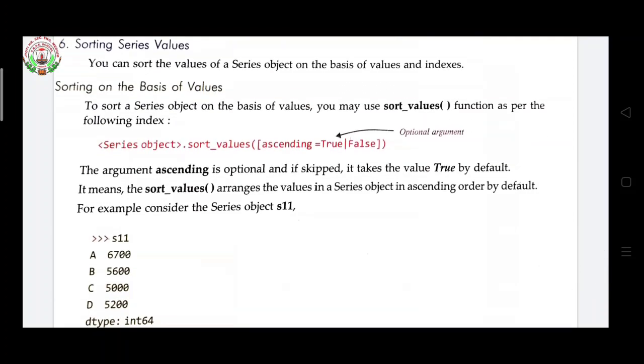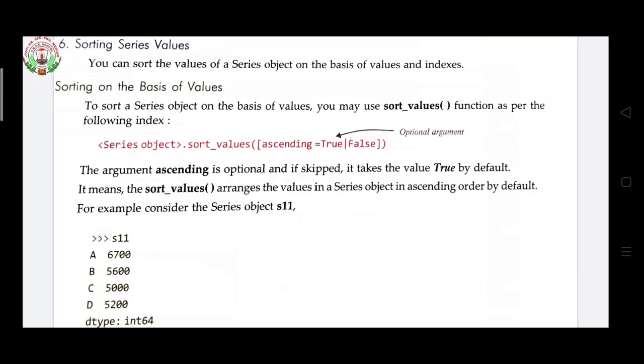Ascending equals True or False is optional, according to the data. Ascending is optional, which means it takes the value True by default. So there is no need to give it. If you give it, it is okay; if you do not give it, it is also okay. It will work. But when you want descending, at that time you have to give it.